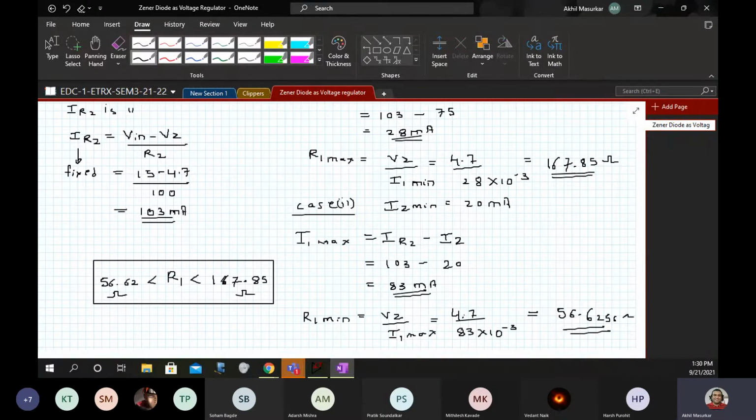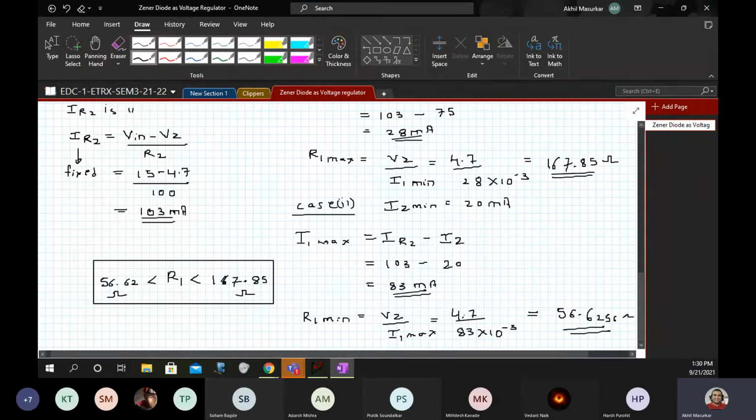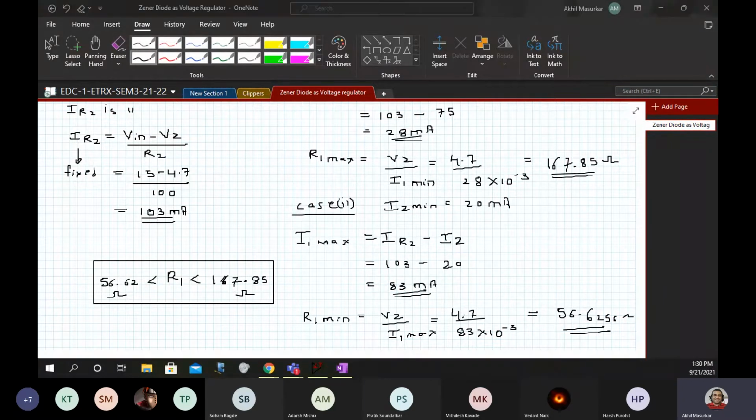So now everybody should open their LT Spice and let's see how to go about that. So first we will start with line regulation, then we will go to load regulation, and if time permits we will go to clippers, because clippers is really very simple.